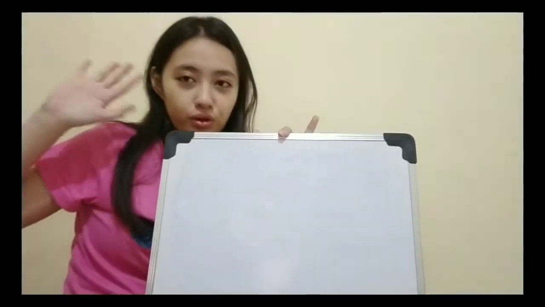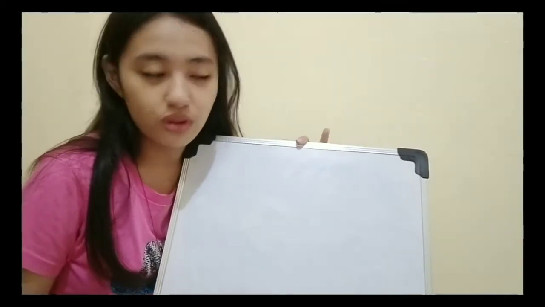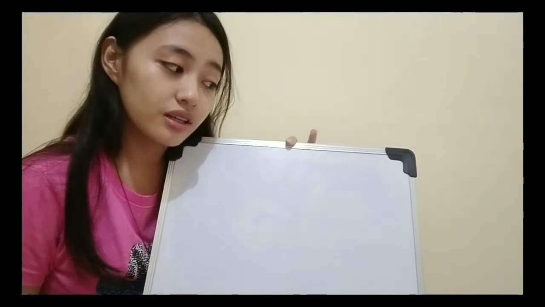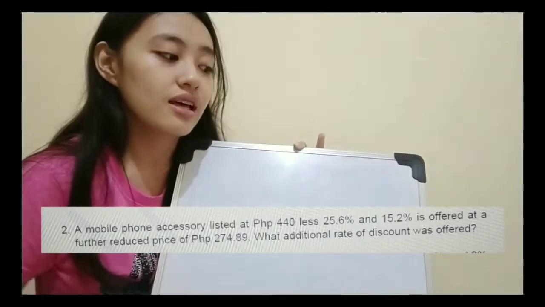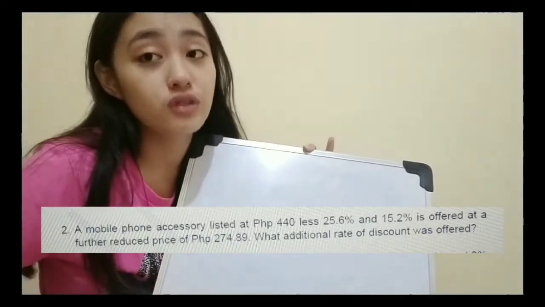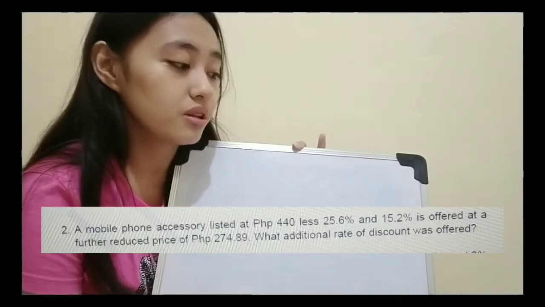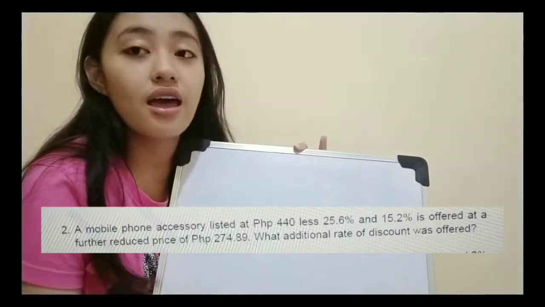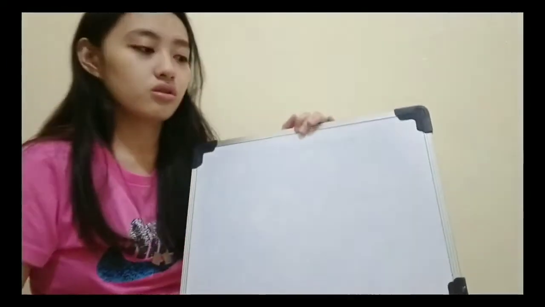Now, let's move on to topic number 5, letter E. And it is all about multiple trade discount. So, ang problem naman ngayon is a mobile phone accessory listed at 440 pesos is less 25.6% and 15.2% is offered at a further reduced price of 274.89 pesos. And sabi, what additional rate of discount was offered? So, with that,